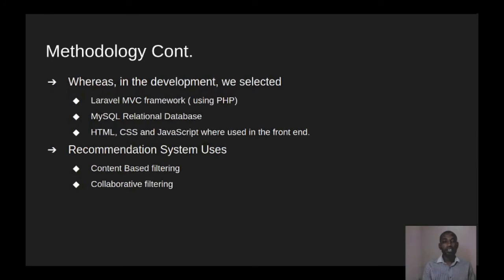Whereas in the development, we use the Laravel MVC framework, which uses the PHP language. We use it as the backend of the system. MySQL was used as the database. HTML, CSS, and JavaScript were used as the front end. For the recommendation, we use content-based filtering, which uses that particular user's preferences, and collaborative filtering, which uses other users'